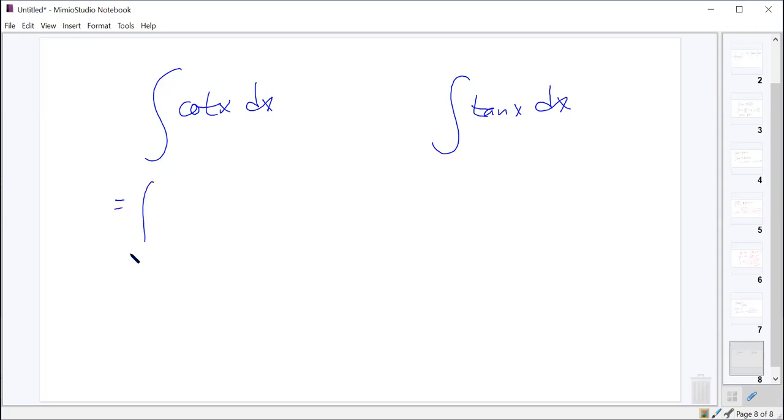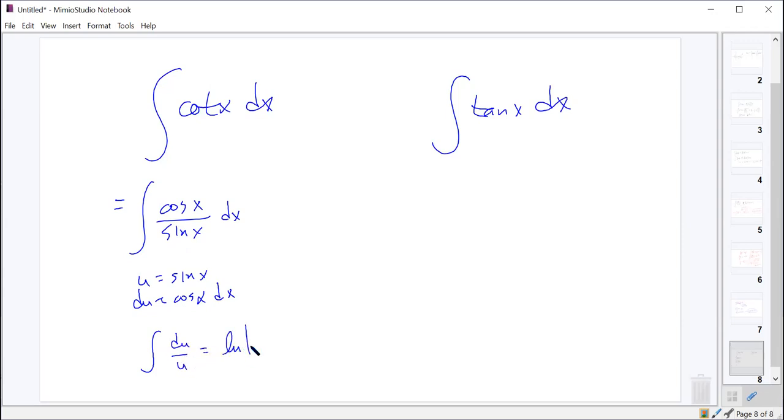But just know that if you don't memorize them, they can be rewritten in terms of cosine and sine. So for cotangent, cosine over sine with u equal to sine x, and then du equal to cosine x dx, making this an integral of du over u, or natural log absolute value u plus your constant. And really similarly over here, sine x over cosine x, and then you'd let u equal cosine